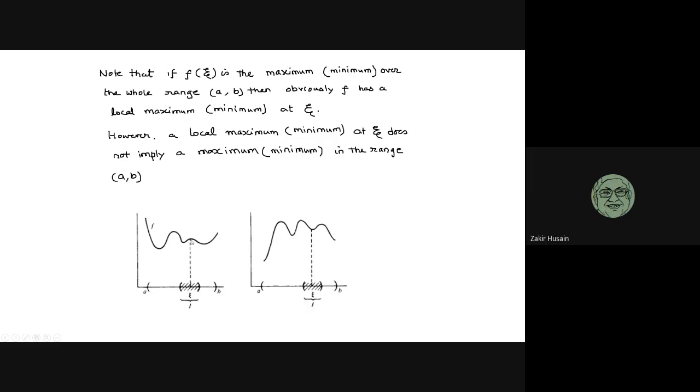However, if you have a maximum over here, it does not necessarily imply that you will have a maximum in this range. Like over here, you can see that we have a maximum over here. There's another maximum over here. There's a minimum over here. There's a minimum over here. Okay. Now look over here. This is ab. You can see that we do have a local maximum, but it is just going up and up. Similarly, it is also going up and up on this side. Okay.